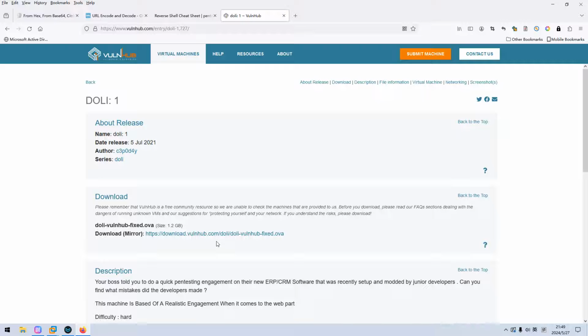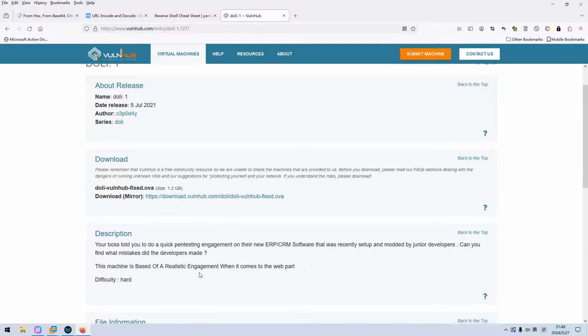The link will be added into the description section below so that you can download and play the machine if you want. This machine is very hard. Most of the time, you will get lost a bit. And also here, you can take a look at the description. I think from the description, we can know that this machine has a lot to do with ERP or